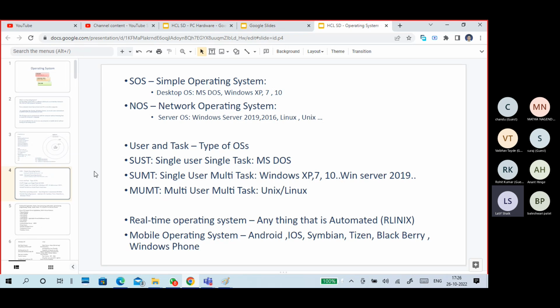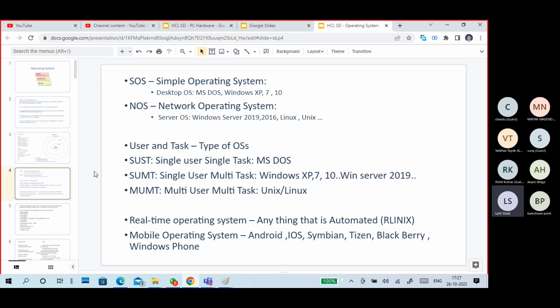Next, the mobile operating system. What is a mobile operating system? Different mobile phones are available, not only now, earlier also we had mobile phones. They are not required to be smartphones. Any mobile phone has an operating system, right? But nowadays the more popular one is Android. Next one is Apple's iOS. Android and iOS are more popular mobile operating systems.